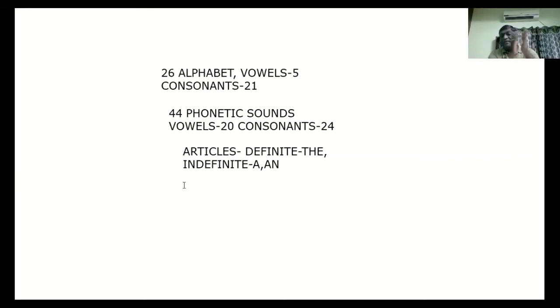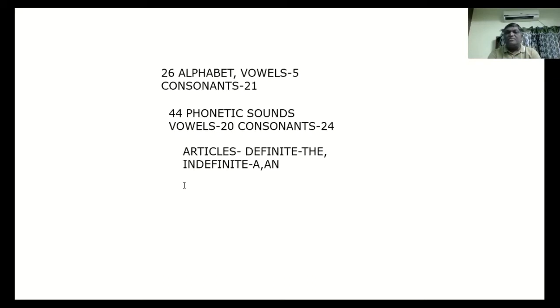I mean, even in the indefinite article, we have a and an. In these two, an is used when you have a vowel sound, and you will use a when you have consonants. And it refers to indefinite. Indefinite means which is not particular, which is in general. So that is one thing.